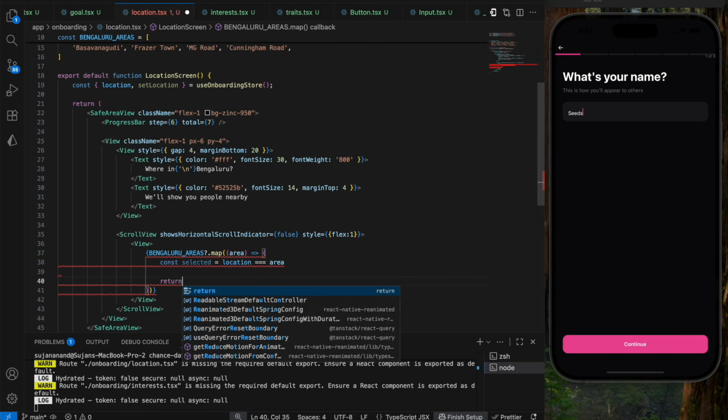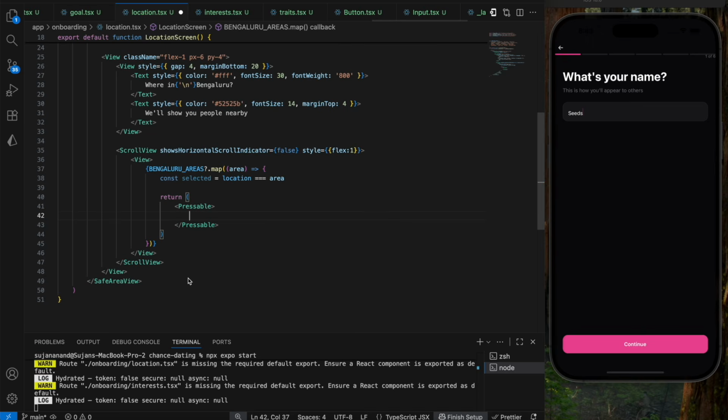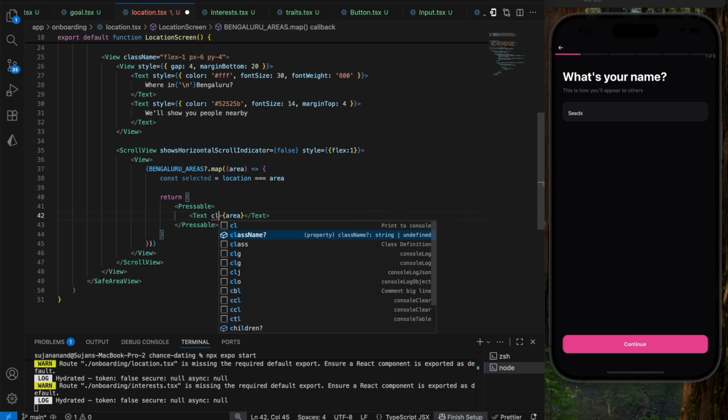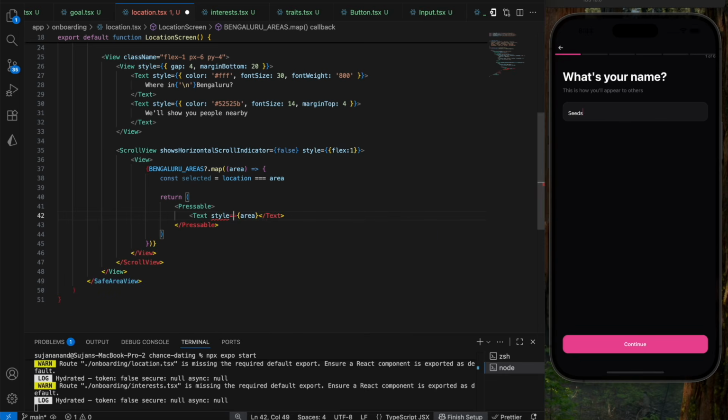Okay, let's try to return the design. I'm going to again make use of a pressable. So here we're going to have just the text that's going to show the area. Alright, let's pass on the class name for this, or some internal styling. So style, this is gonna have a font size of 14,